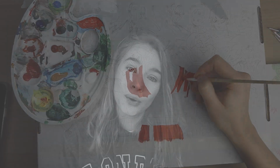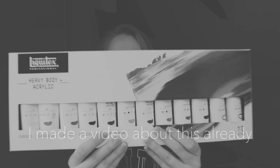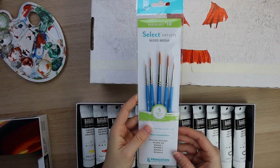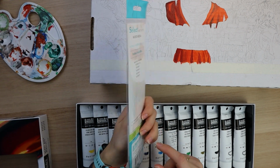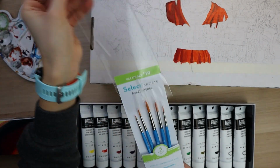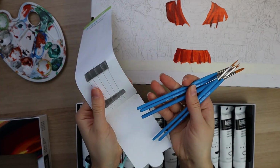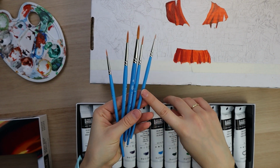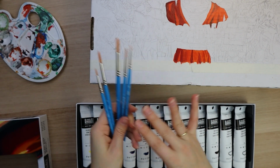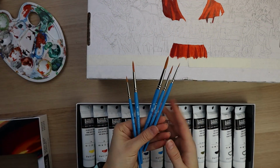As soon as I started the painting, I actually went and bought some new acrylic paint and some new brushes, so this is what happened here. So I am going to be using these Princeton mixed media brushes as well. I've never used Princeton brushes, so let's see. Ooh, these are nice. These are mixed media round brushes, and I like round brushes because you can get a lot of fine details. As you can see, there is a ton of small detail here, so I'm definitely going to need some nice